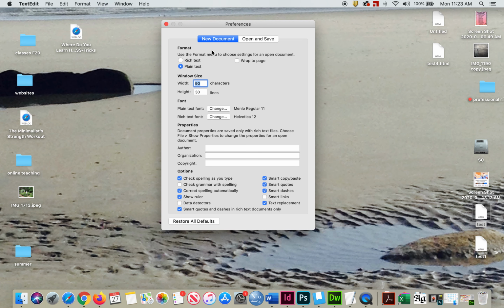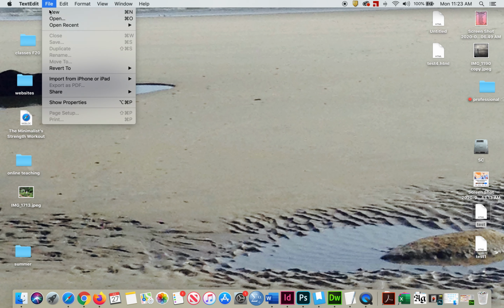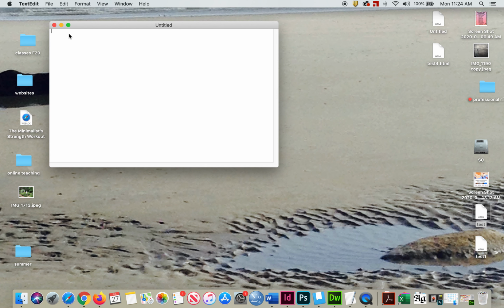Oh, excuse me, it starts off with no, in new document. So change it to plain text. Open and save, display HTML as HTML. You can take that off if you want. Don't add the text, and say okay, that should do it. So now when you do your new file and you type in your text, now when you look at mine,